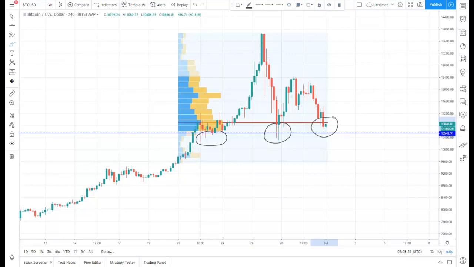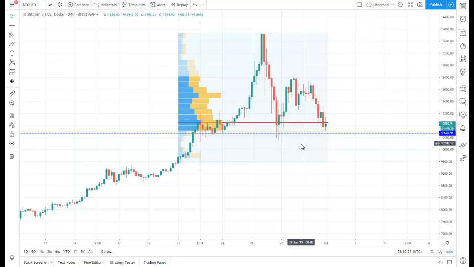Okay, now I'm going to eliminate the brush circles, and we are going to continue the analysis of the volume profile on this chart of Bitcoin. So we already saw that we have bounced from the high value zone once and twice, so we do have what seems to be another opportunity of a long position, because this is where the high volume is being traded in Bitcoin. Okay, if we break below this high value zone and below the previous lows around the 10,300 level,